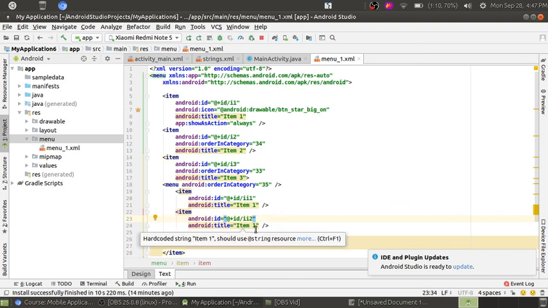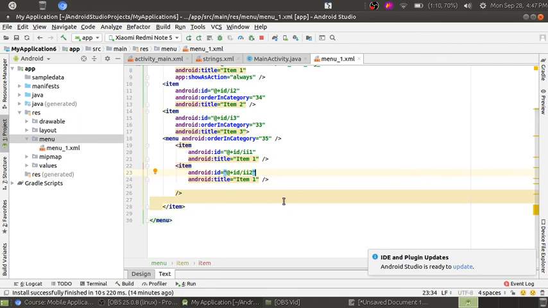So see, is there any red mark? No. So everything is completed. See here, this item is closed here, this item is closed here, this menu.